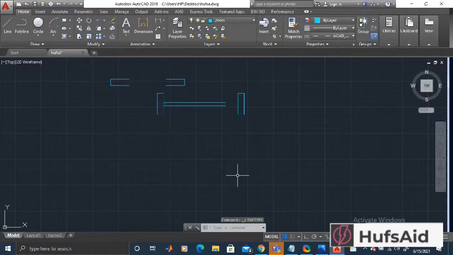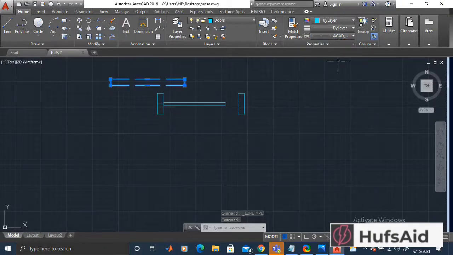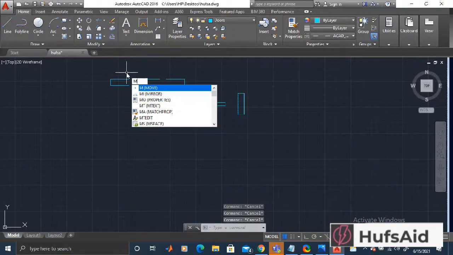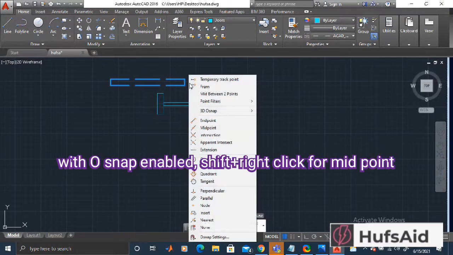This one seems fine. Let's select this one. And now I will have to choose this and change the line. And let's pick the midpoint, and I'm going to do it without making a line this time. So let's pick the midpoint and place it at the midpoint of the threshold, and this dotted area would be